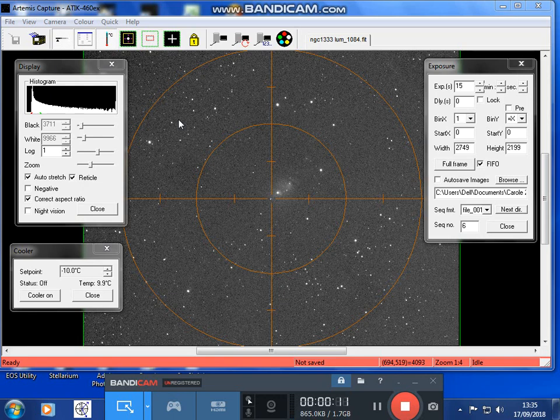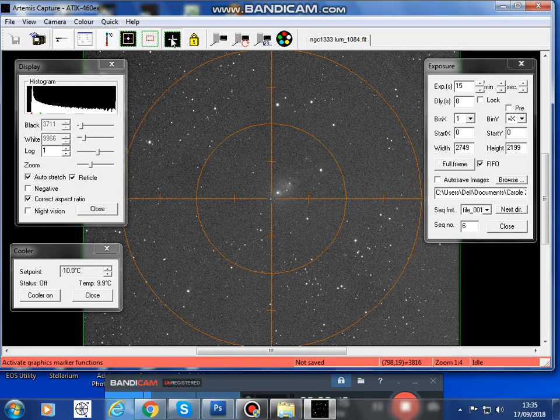taken this image, and what you need to do is use this tool here and right click on the image and insert the marker, and it'll put crosses on stars. So when you come to